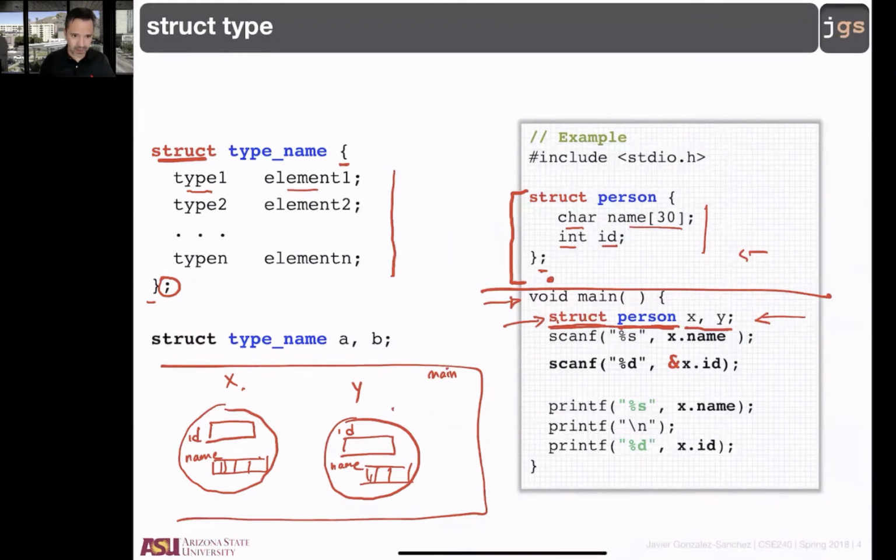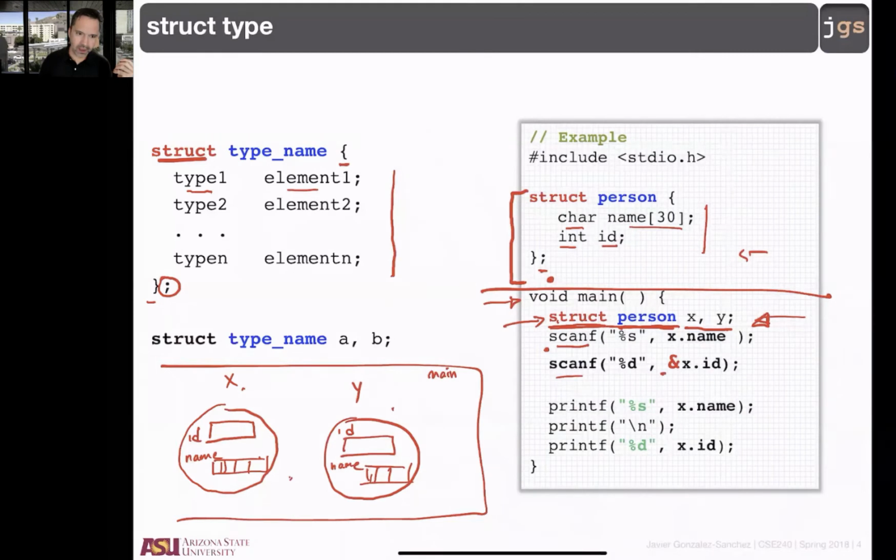Here, global, or here, local, you can create variables using the structs, just like objects using the classes. And you're going to have something like this. After you create the variable, well, you can use the variable. And the rules that we know apply the same for the struct. For instance, if you want to use a scanf to read values and store those values in the struct, well,